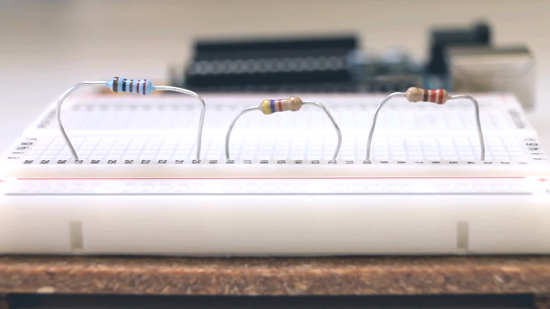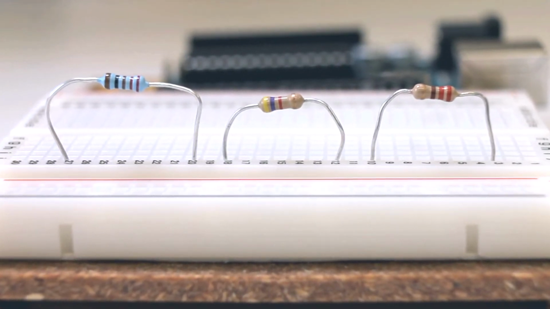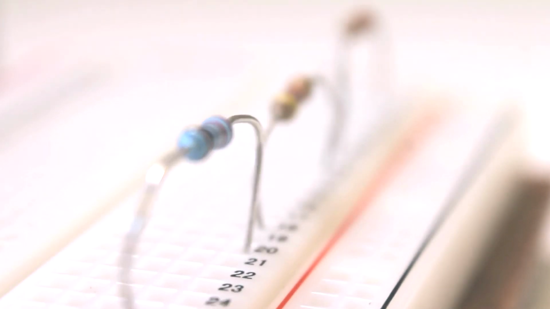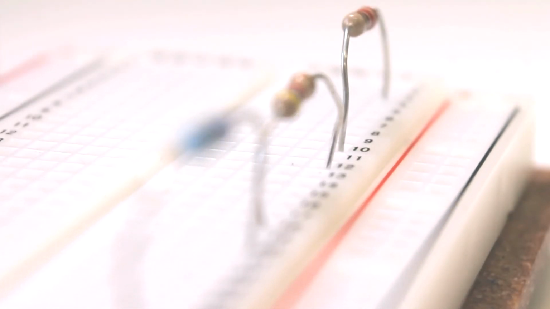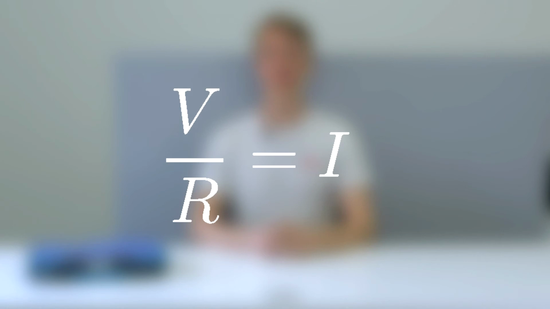The most important properties of a resistor are specified by the color-coded bands painted on the resistor. Watch our other video on how to understand them. The bands specify the resistor's resistance, tolerance, and in some cases, temperature coefficient. A resistor with higher resistance limits the current more than a low resistance one, as expressed by Ohm's law.